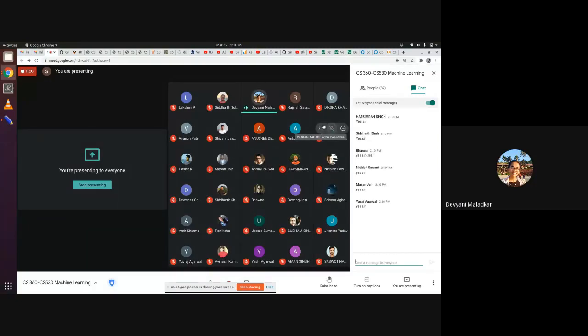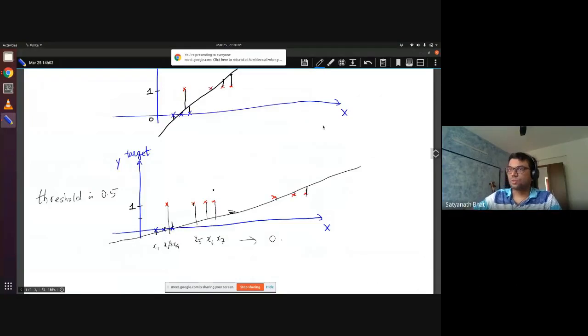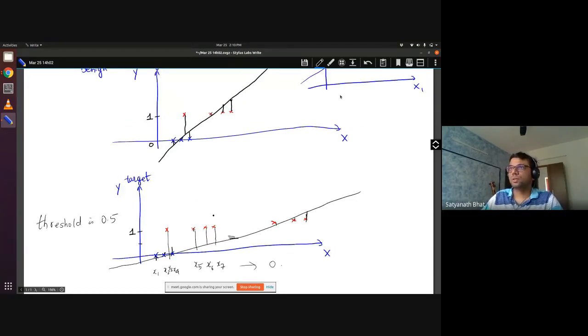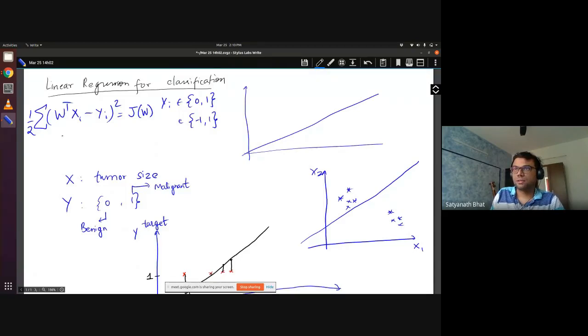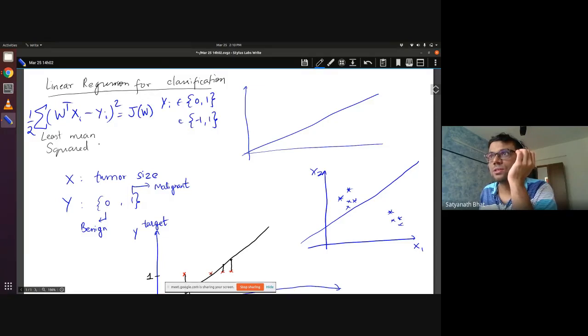So what threshold are you talking about in the linear? Okay. So this least, what is that? Mean square error, right? So what I meant is when you use what is that, this is called square loss, right? Least mean square loss. This is the squared loss. The least mean square means that amongst all W, I will choose that W which minimizes this, right? So this is called LMS. I might not have used the term LMS before, but now you know.